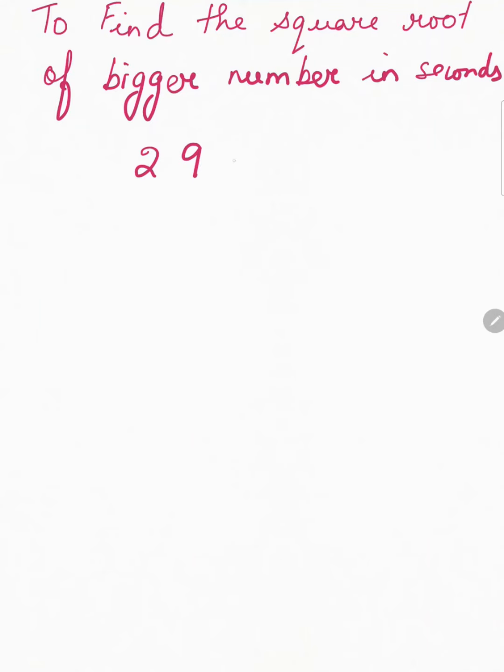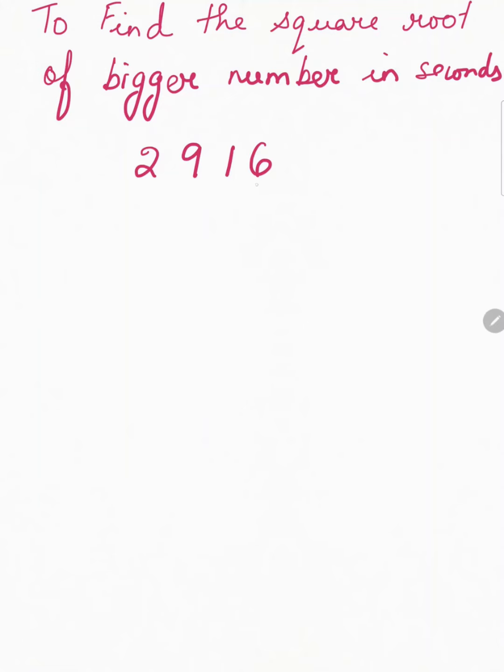Today we are going to learn how to find the square root of bigger numbers in seconds. Now let us consider a number, say 2916. So to find the square root of this number, the first thing that we are going to do is